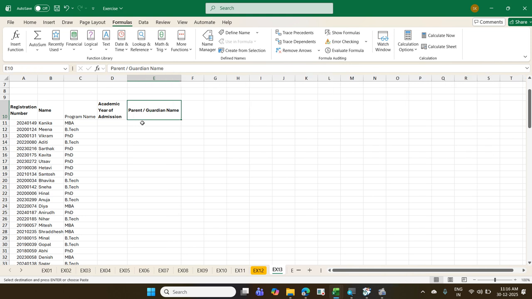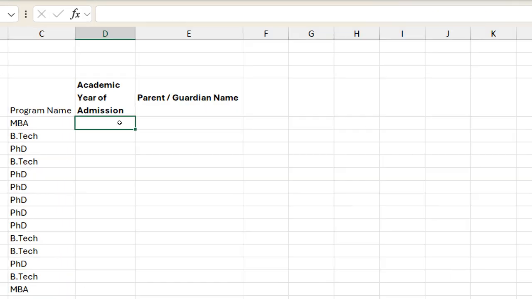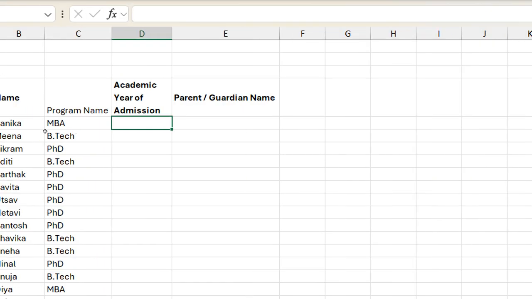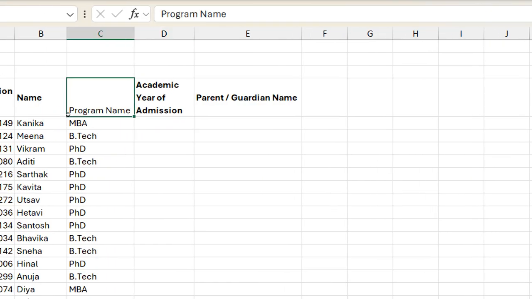Write a lookup to find out the year of admission as well as the guardian name here. So write a lookup to find it. Two lookups. One lookup to find out the year of admission. Another lookup to find out the parent name or the guardian name. This cannot be done if you are using VLOOKUP. As I told, left to right is possible. Right to left is not possible. Academically, this cannot be done in VLOOKUP. It can be done only in